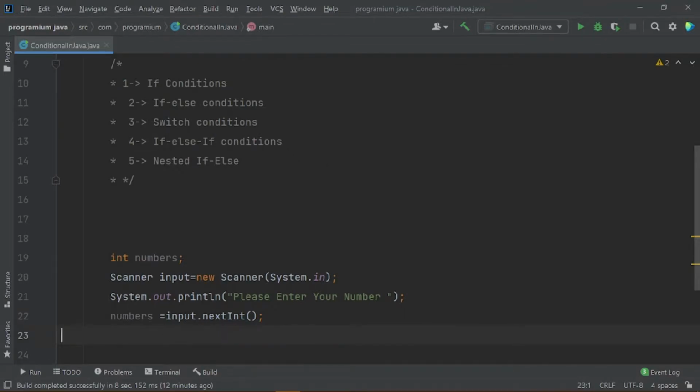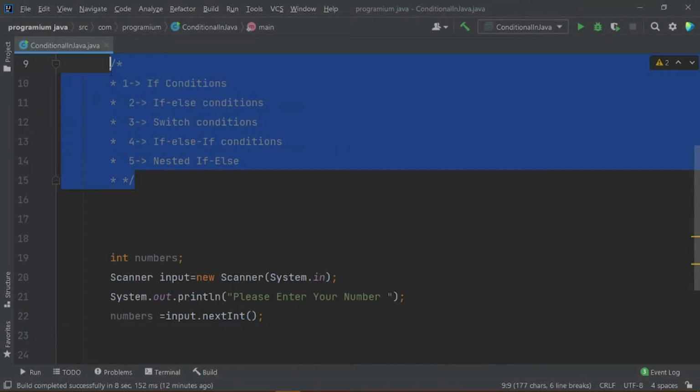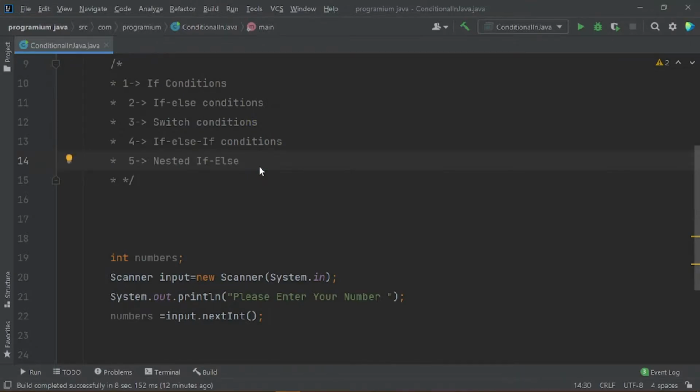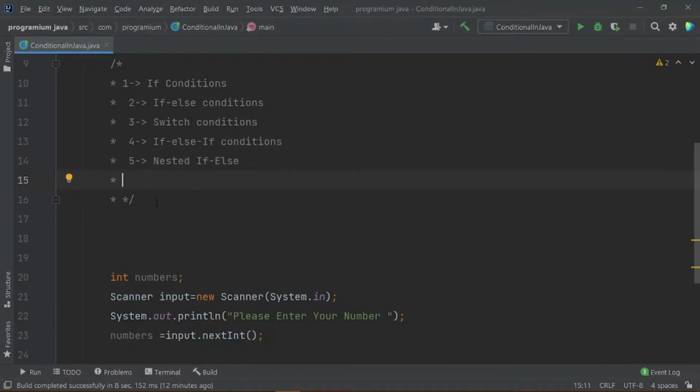So guys, now we know how many conditional statements totally exist.